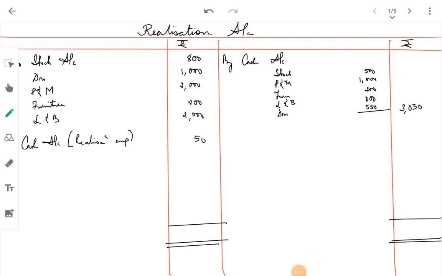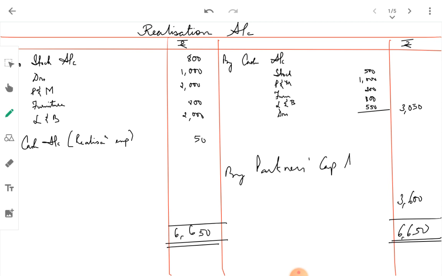Okay, so total should be rupees 6,650, and you have a loss amounting to rupees 3,600. See, even if you had recorded your sundry creditors, your loss would have been huge anyway. We're already in a deficit, so let's not record it in the realization account. So let's record this by partners